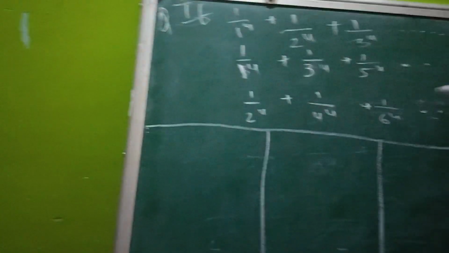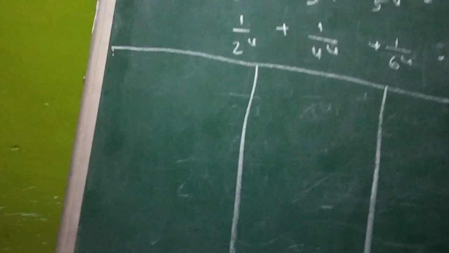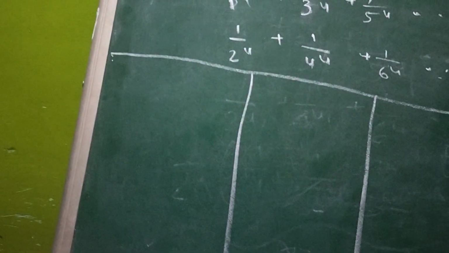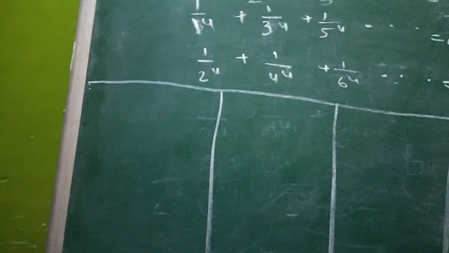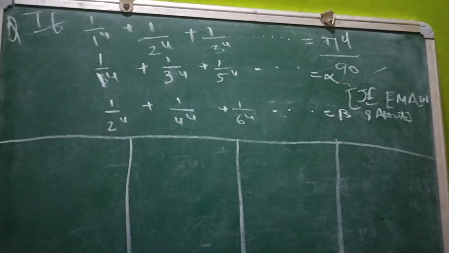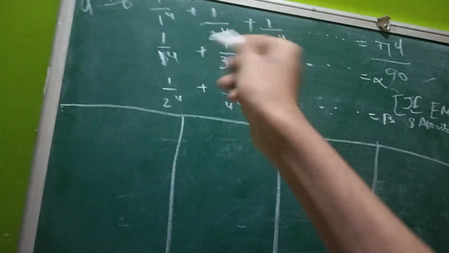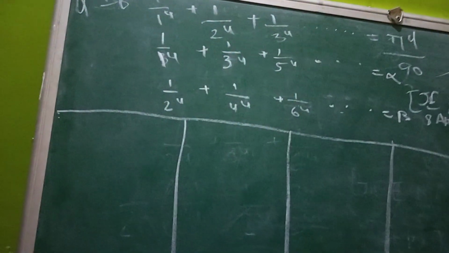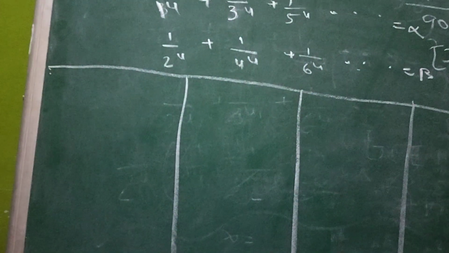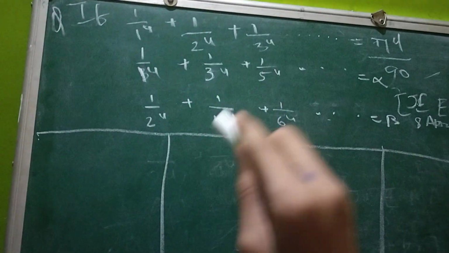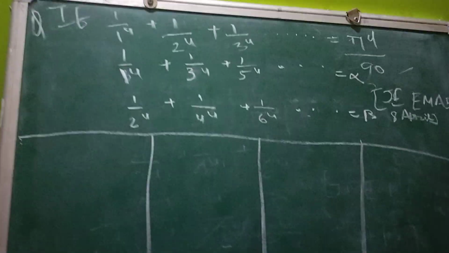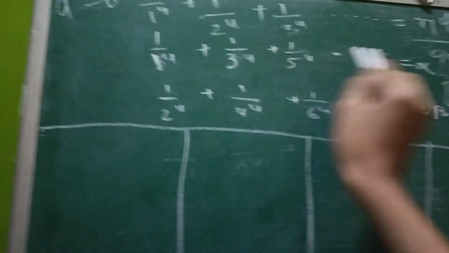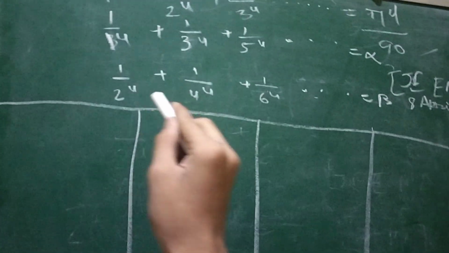So it is given that this series converges to alpha, and this series converges to beta. So you can see that this series converges to this number, this series converges to this number, and this series converges to this number. So we have alpha equals this, beta equals this. So let's try to solve the problem. So in the solution,